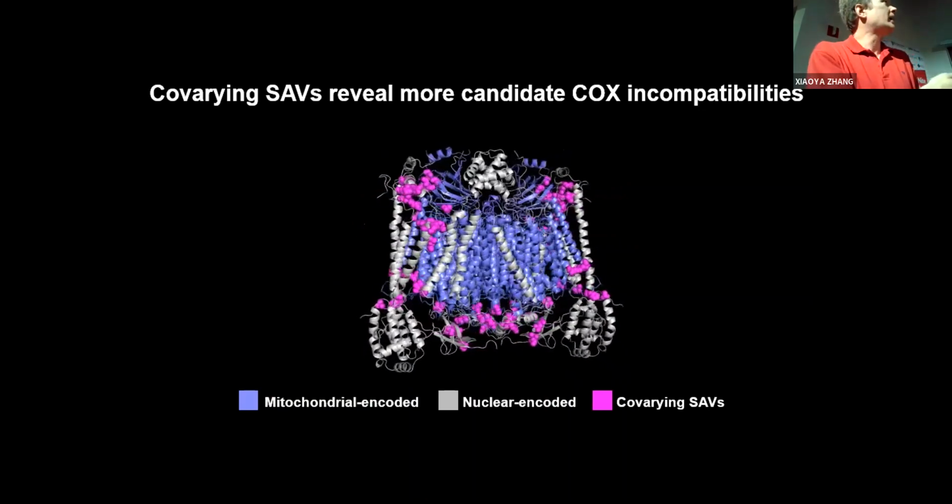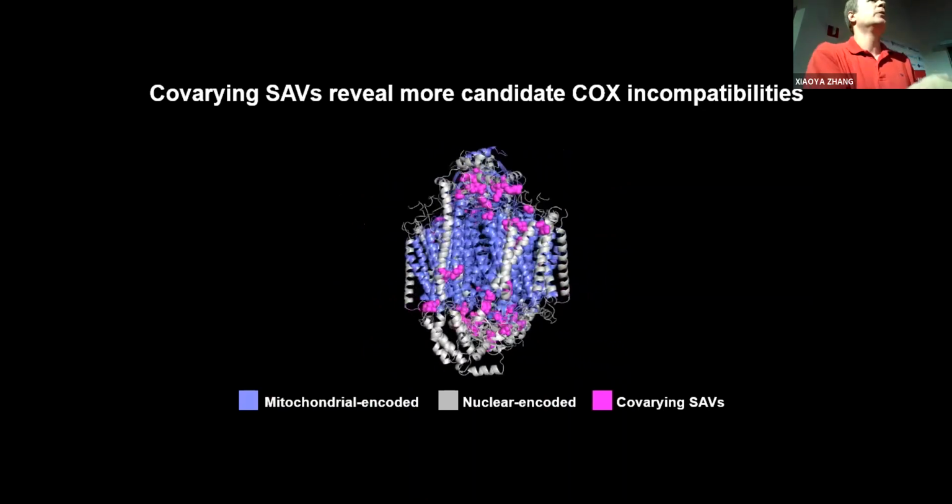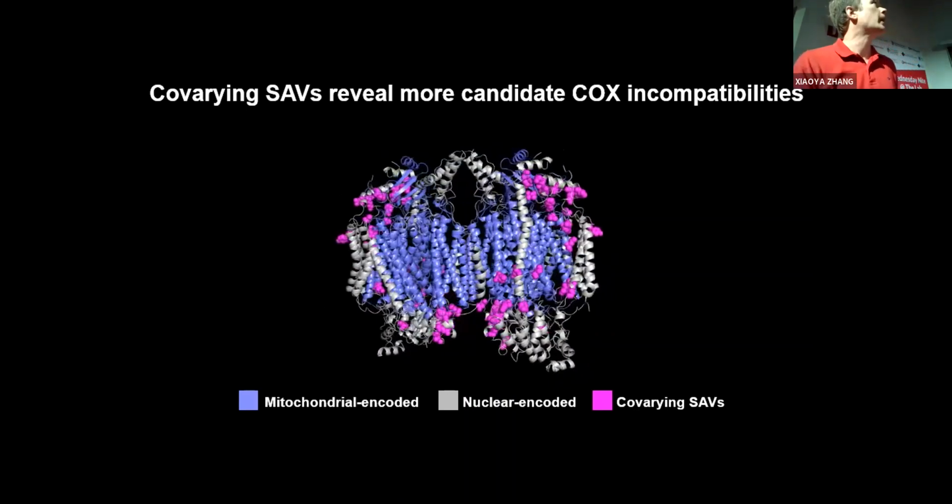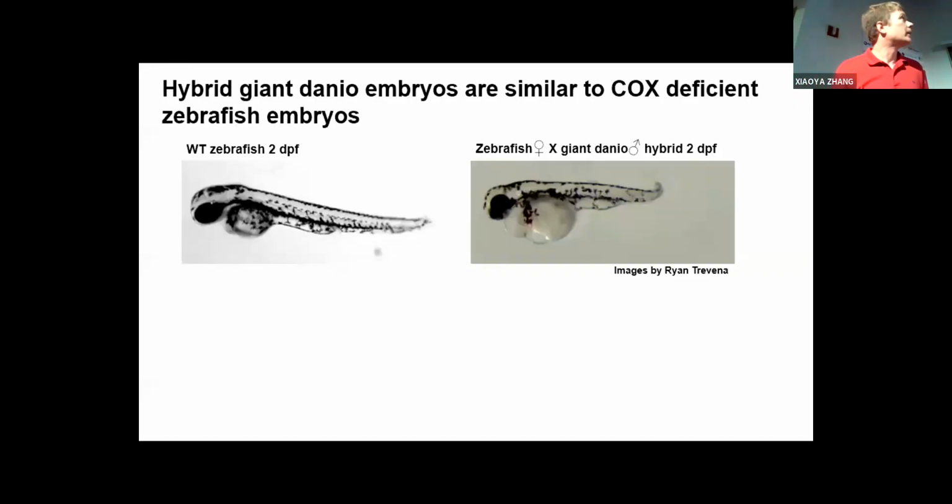And so this looks like there's a lot of places that incompatibilities could arise if all of these function together. And I keep highlighting cytochrome C oxidase because when we hybridize the giant Danio to zebrafish, we get this phenotype. And this is compared to a wild type zebrafish that I show here on the left. And they all have this same, there's a reduced head region, there's a reduced yolk extension, reduced tail, and then